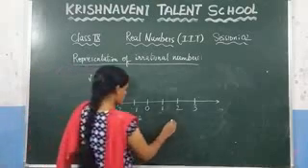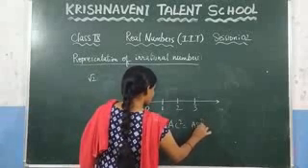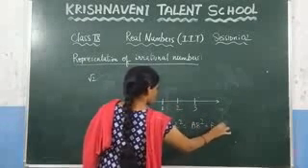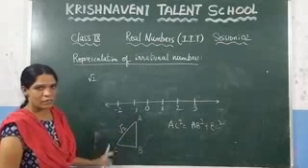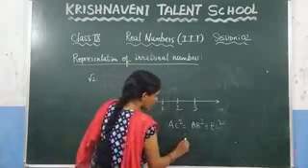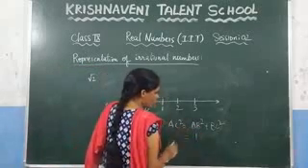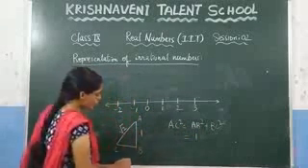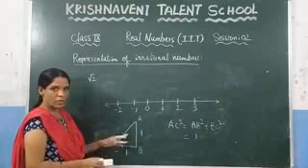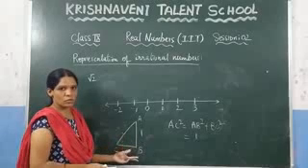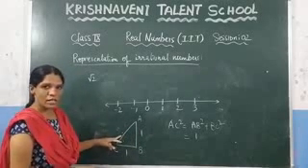So what the Pythagoras theorem states, the hypotenuse square is equal to the sum of the squares of the other two sides. What is the hypotenuse here? AC square is equal to AB square plus BC square. Now here, by your choice, you need to consider some sides. Let us consider AB as 1. Consider this side as 1 and consider this side as 1. Let us check whether we are getting root 2 or not. If you are not getting it, you have to take a few more numbers, such that you get the hypotenuse as root 2.